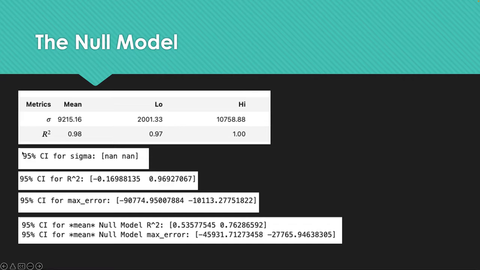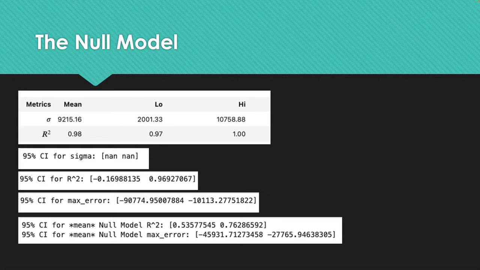When I did the 95% confidence interval for sigma, it did not calculate, so I ended up using max error as my other evaluation metric in addition to R squared. And then when I did the 95% confidence interval for the mean R squared of the null model, I ended up getting 0.535 to 0.762. And then for the mean max error of the null model, I got negative 45,931 to negative